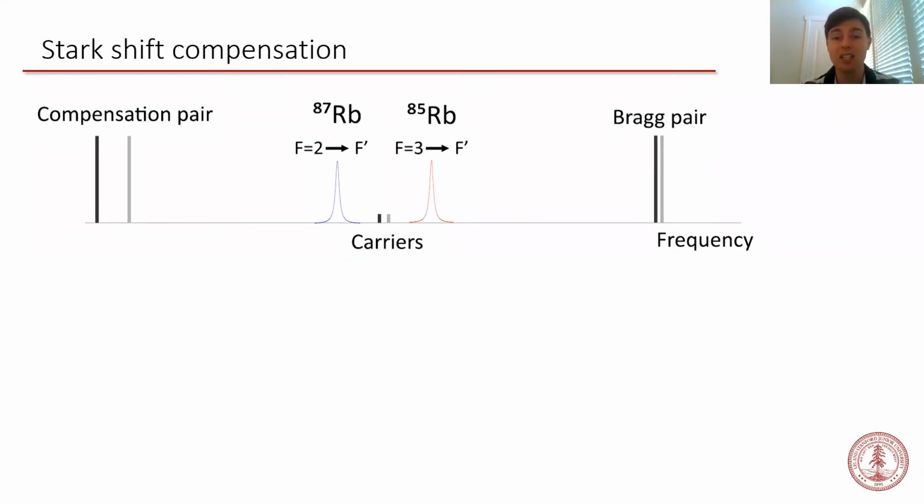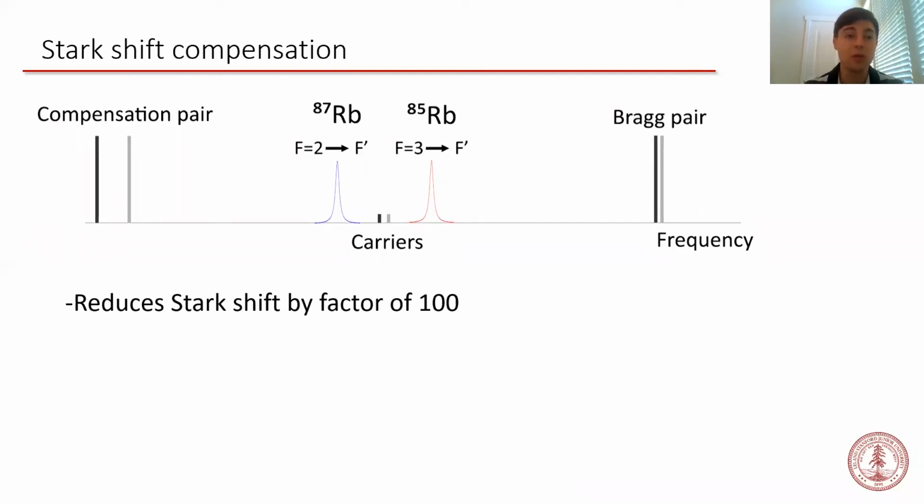For the experts in the audience, we produced the spectrum by frequency doubling a 1560 nanometer laser that's phase modulated at 30 gigahertz. The blue sidebands are used to drive the Bragg transitions, while the red sidebands and the carriers provide the Stark shift compensation. This diagram, I'll point out, is not to scale, and the carriers are actually less intense than the sidebands by a factor of about 1,000. The spectrum reduces the differential Stark shift by a factor of 100, compared to if we just used the two frequencies here to do the Bragg transitions.